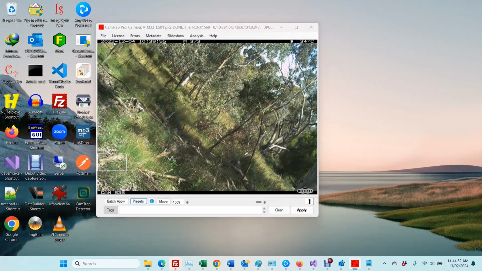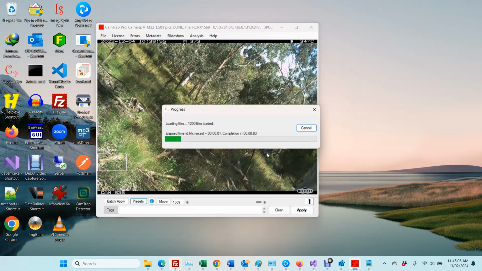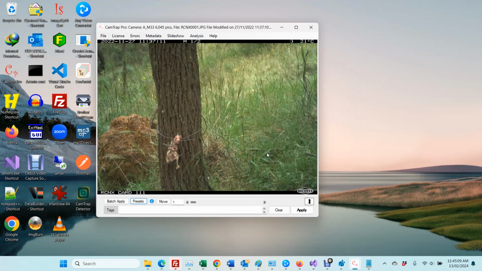So if we go to Open Folder and select, we'll pretend we've done all the others, go on to camera 33, which contains many more images. That can be loaded up, and we